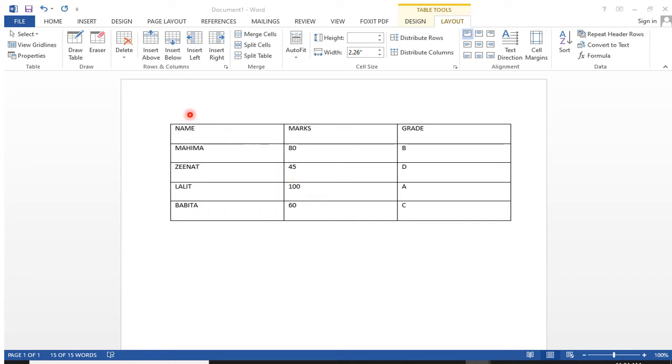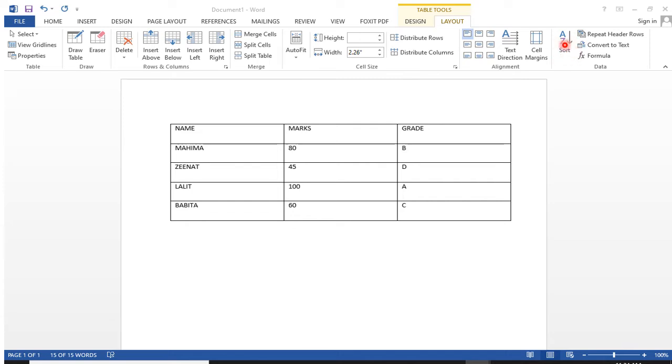Now what I will do, I will first select the table. When I click on the table move handle, which is present here on the top left corner, then the entire table will be selected. Then I have to click on the Layout tab. This is the Layout tab. The last tab is the Layout tab, you have to click on it. And then in which group? I told you, Data group. Yes, this is the last one. Data group is present here. So in this data group you have to click on this Sort option.